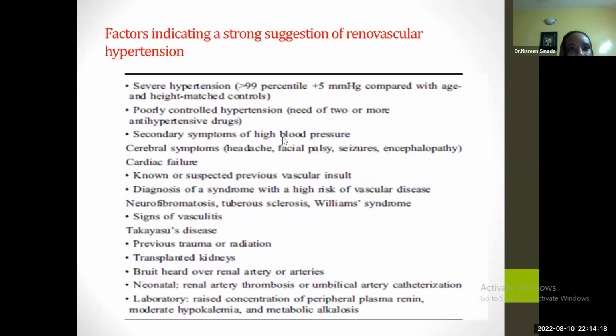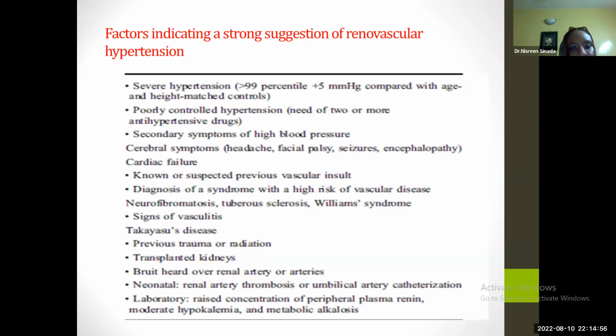Factors indicating a strong suggestion of renovascular hypertension: severe hypertension, more than the 99th percentile plus 5, and poorly controlled hypertension. You have a patient, you give two or more antihypertensive treatments, and the blood pressure is still not controlled. So think about renovascular hypertension, renal artery stenosis, a secondary cause of high blood pressure. Other clues are known or suspected previous vascular insult, and patients with syndromes that carry a high risk of vascular disease, like neurofibromatosis, tuberous sclerosis, Williams syndrome, and